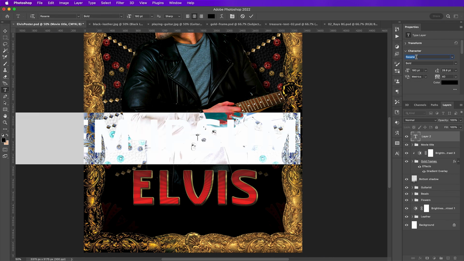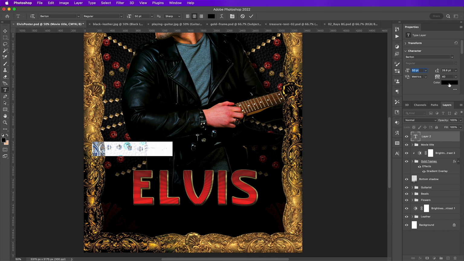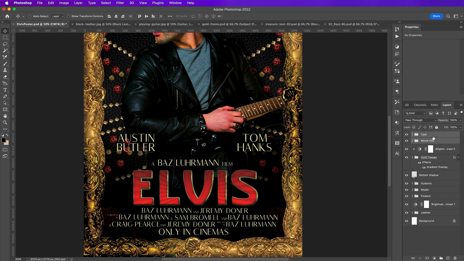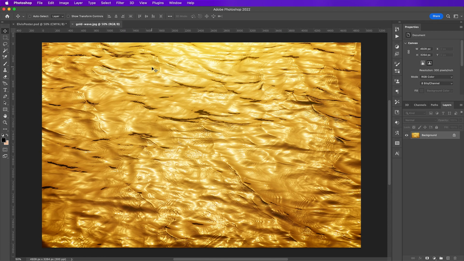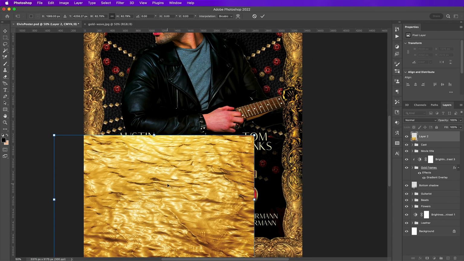Now let's list out the cast using the font Burton. Now open up your Gold Wave file and drag it over into your document and make sure that it covers all of your text.